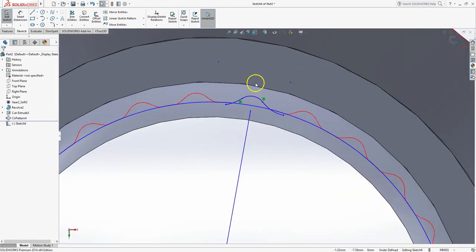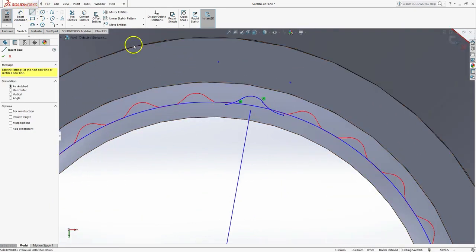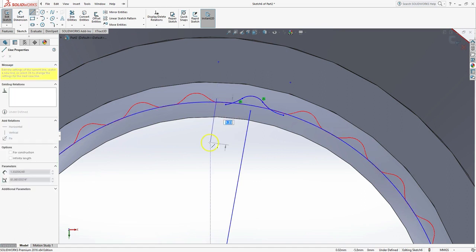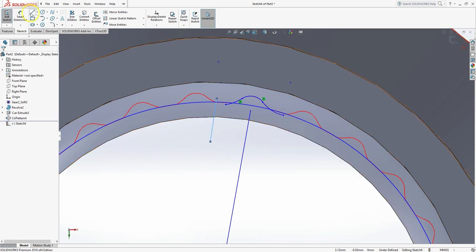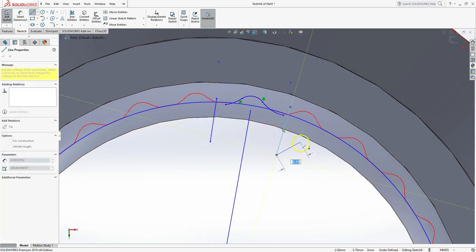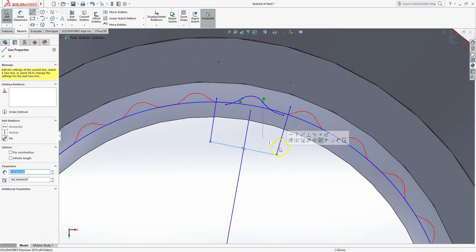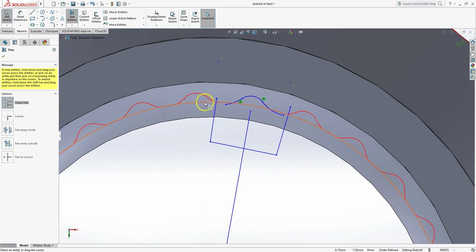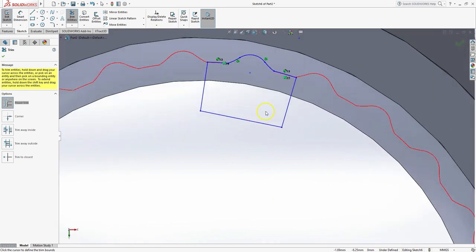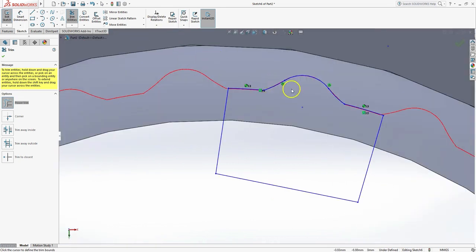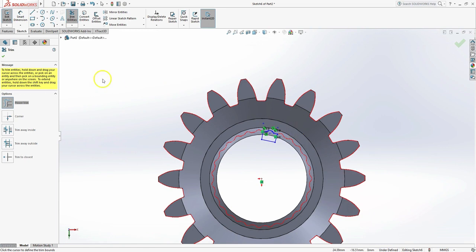Okay, so I've created my little tooth cutout, and I want to make sure that I get some material all the way out. So go all the way to the boundary. So I'm defining a little plug that I'm going to use to cut out the material. Looks like that. And now we power trim and get rid of all the excess curves, just like that. And that'll go away as well. Don't need that anymore. So I've just created a little plug here I'm going to use to cut out and remove the material from the inside of the ring.